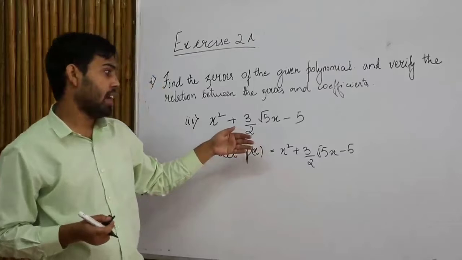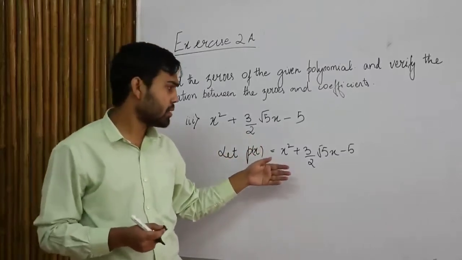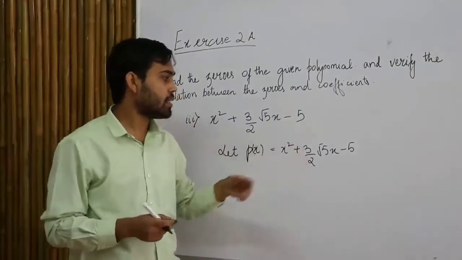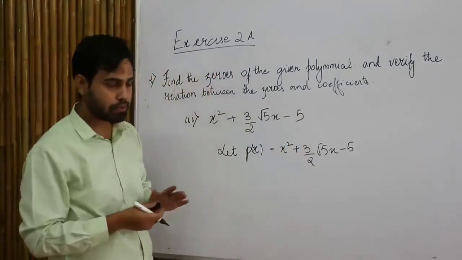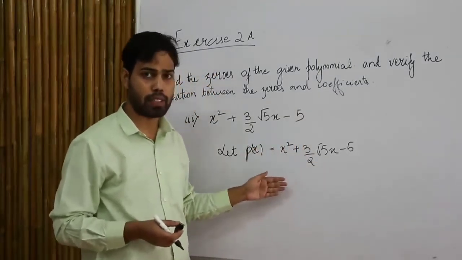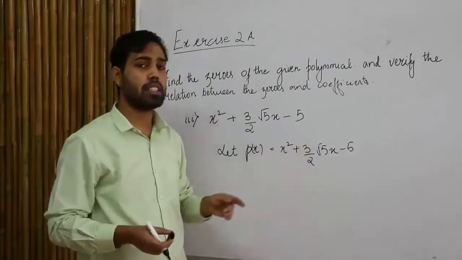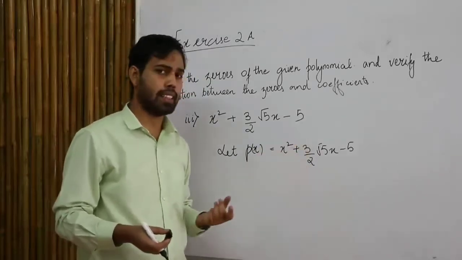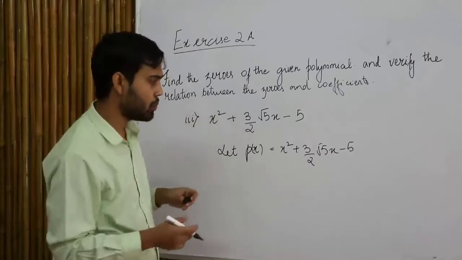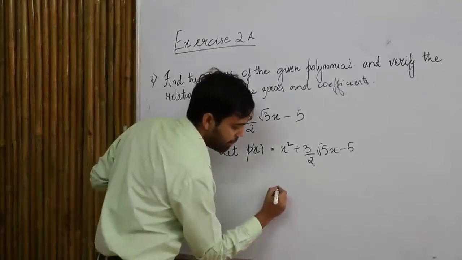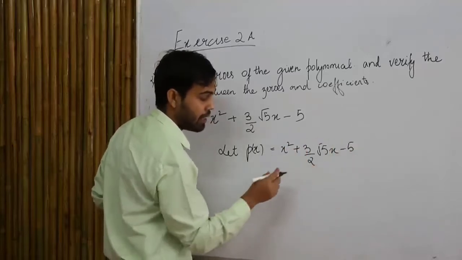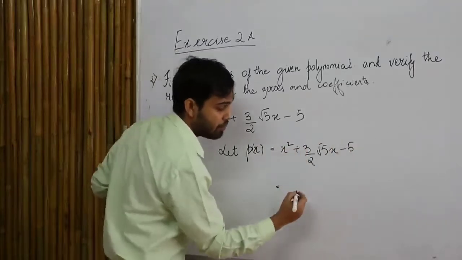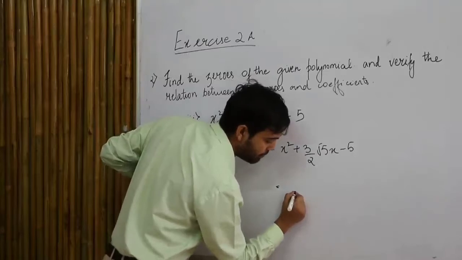But in the earlier classes we never dealt with any question having a fractional part, so it becomes difficult for me to solve this problem because of this fraction. So what I do is try to eliminate this fraction, and to do so, I am finding the LCM. Now you look in here, the other terms do not have any denominator, so my LCM will be 2.